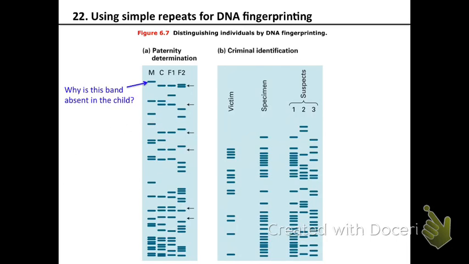All right. So the same thing can be done for a specimen taken from a crime scene. And in this case, what you're going to do is say which of these banding patterns matches which of the suspects, right? And this is not a paternity test, so all of the alleles should be exactly the same. So which of these suspects is actually guilty? I mean, we shouldn't say guilty. Was at the crime scene, right? Let's say that's not the right guy.